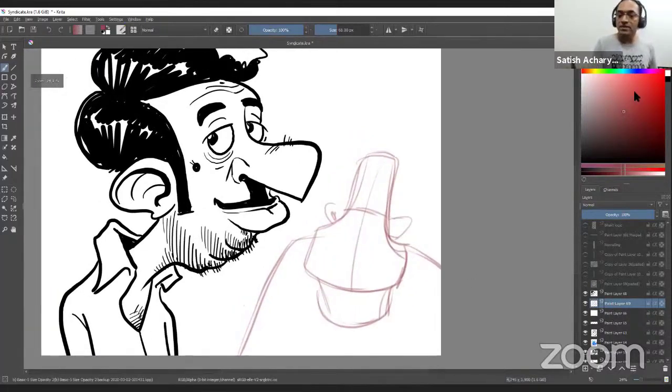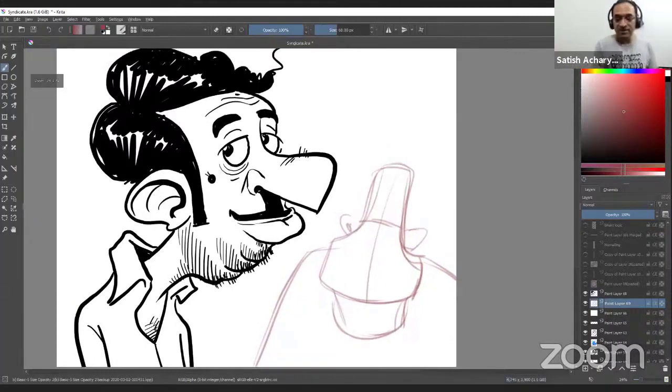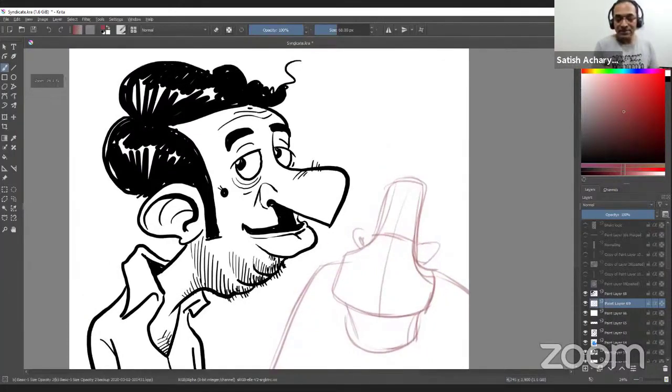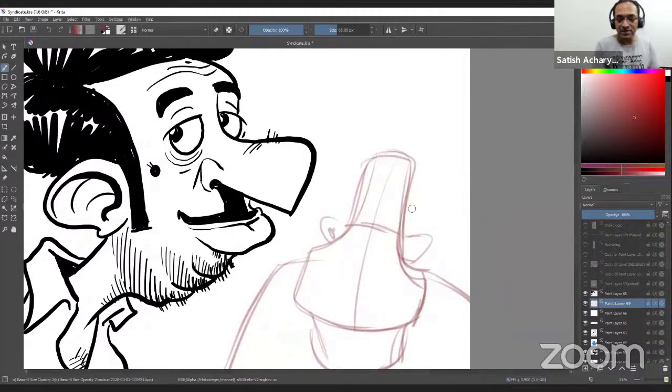If you want, you can work at the pencil sketch stage only. You can put details here, or you can directly put details in the inking stage.